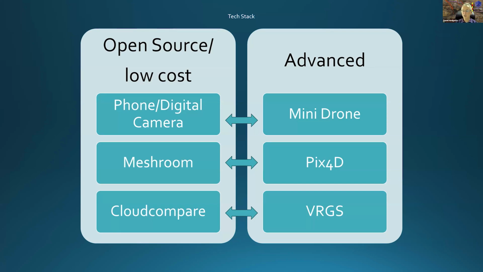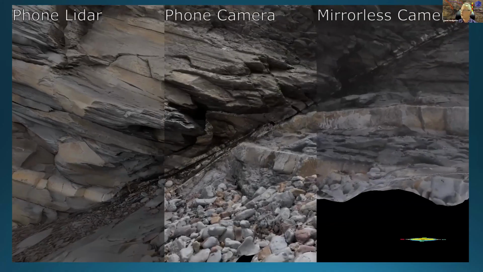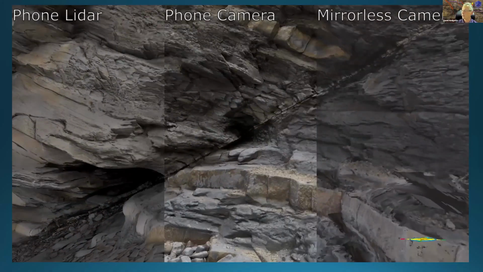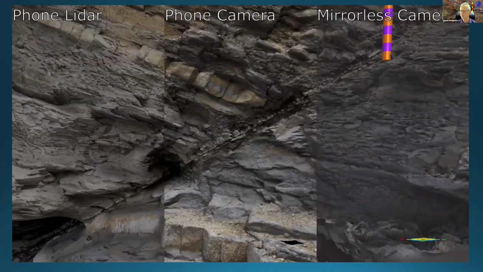And any one of those parts of the tech stack, you can swap in and out different sections of it to suit your needs at the time. Now, I've mentioned the phone camera. If you've got a modern iPhone, one of the iPhone Pros, it has a LiDAR built into it, and you can use that to build